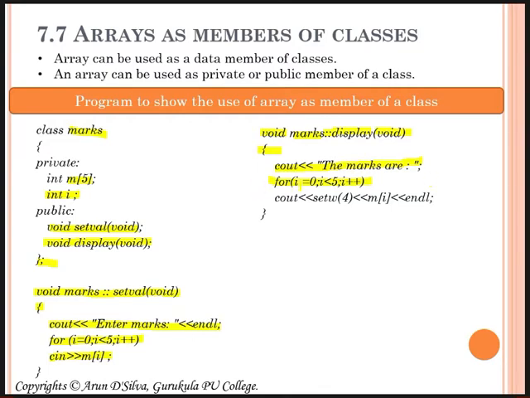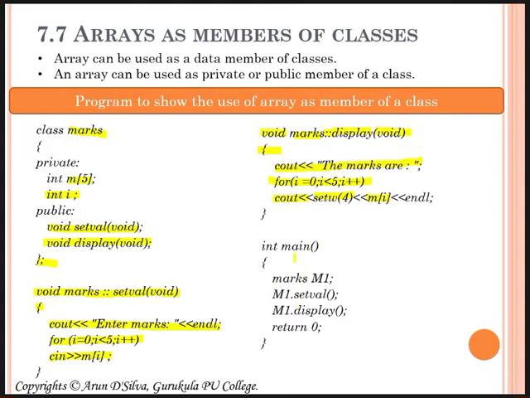So I used a for loop, i equal to 0, i less than 5, i plus plus, and then I've displayed cout, and then the IO manipulator setw, just to give the space between the values, and then m of i. In the first iteration it will display the m0 value, in the second iteration m1, similarly m2, m3, m4, and it comes out. So this is how I've used array variables here.